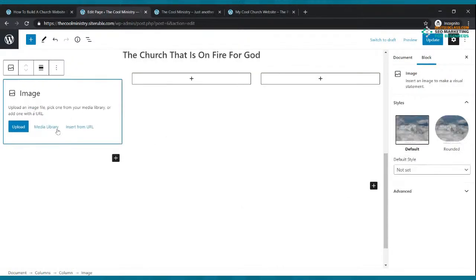Select the image, and I have some images on my website. So what I'm going to do is go ahead and get those images. They're real simple, nothing fancy. I'm not a graphic designer, but if you have a graphic designer that's really good, you could have the